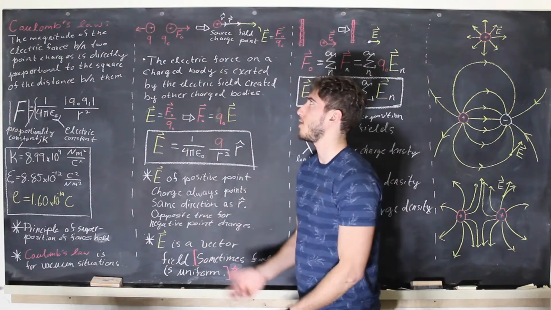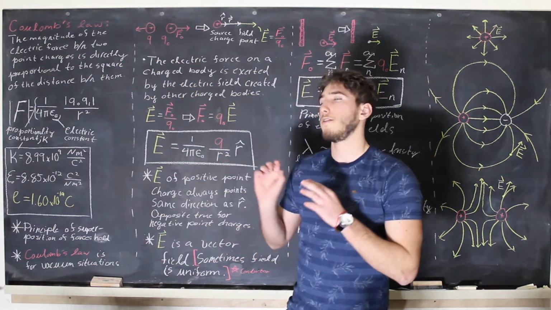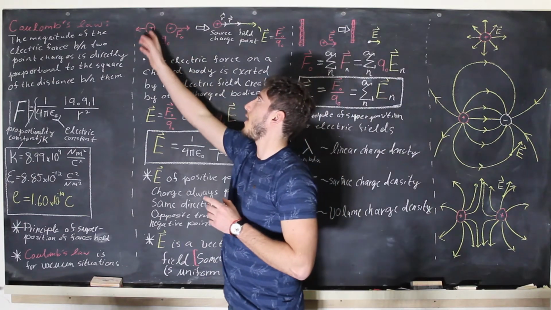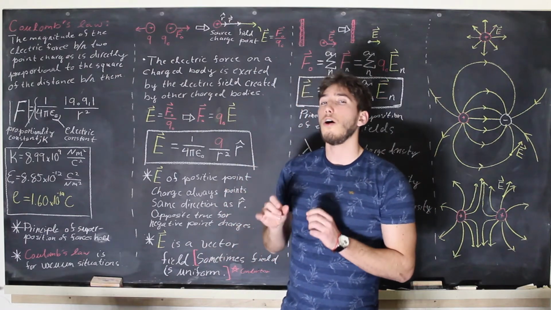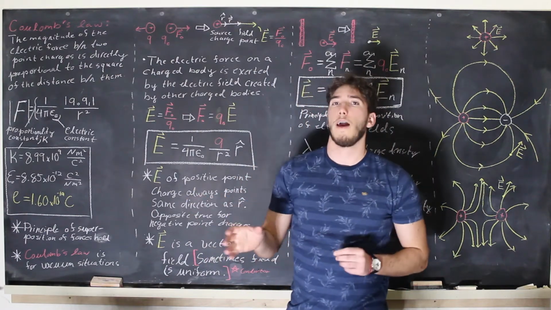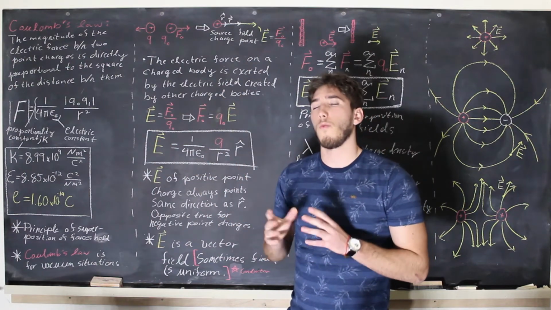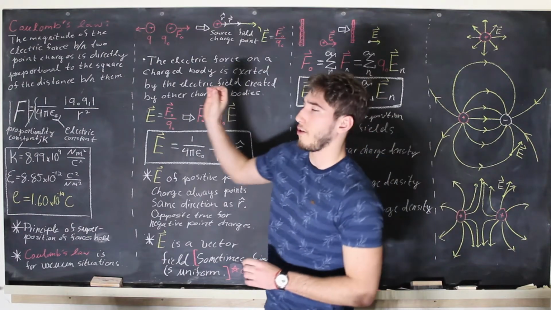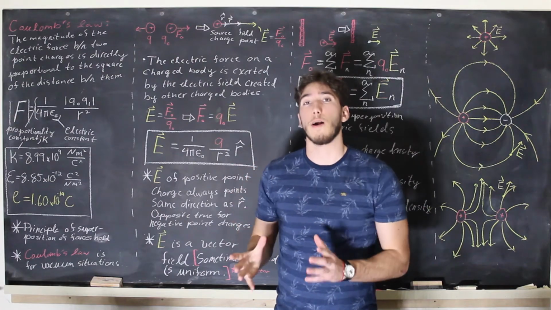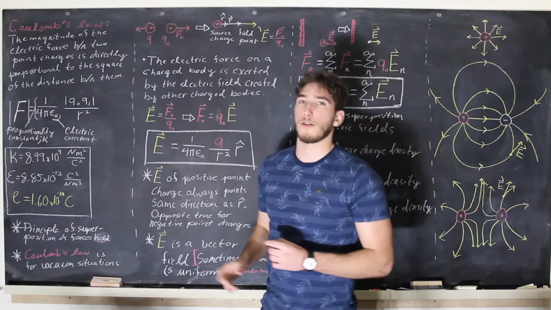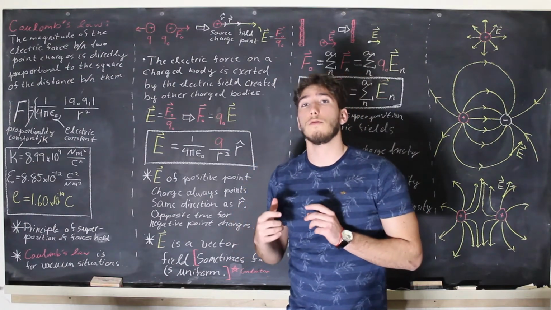But say you have a situation where you have one charge on the left and one charge on the right. How does the charge on the right, if we're looking from the perspective of the charge on the left, know that the charge on the left is there and henceforth get exerted a force on it? Well, one way to look at it is that when a charge is inserted in space, it modifies the properties of the space around it. And then when the second charge is put there, it senses the modified space, and its response is to be